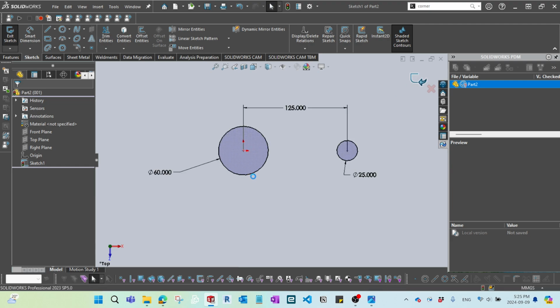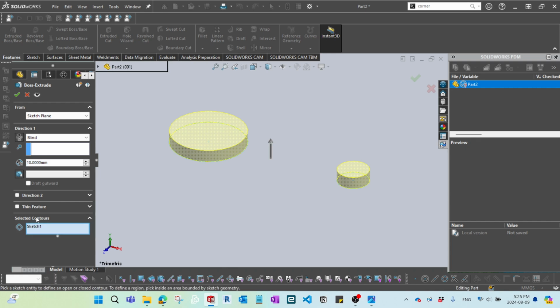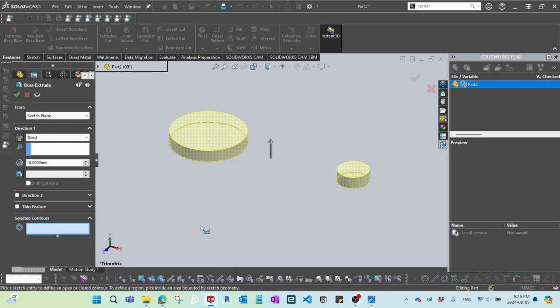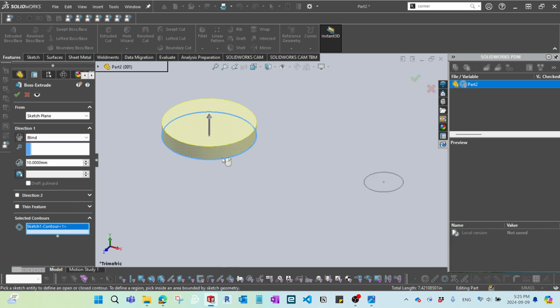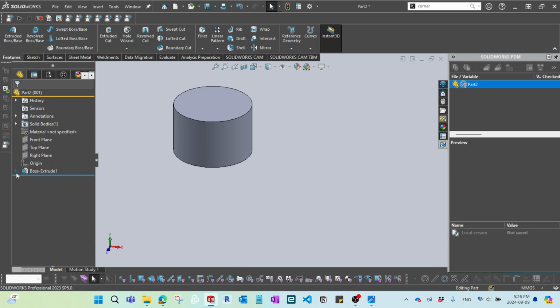Alright, and then what I'm going to do first is go to the extrude boss and go to the selected contour, delete this pre-selected contour, and then I'm going to only select this, and then I will only apply 40 millimeter. Alright, and then what I'm going to do next is